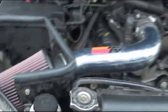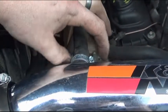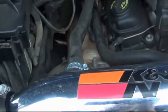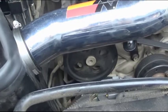Now our last thing is a breather tube. On this K&N it's a little loose fitting, so we put a hose clamp on there, just to make sure it didn't fall off. Now go back, make sure you got everything tight, everything good, and start the engine